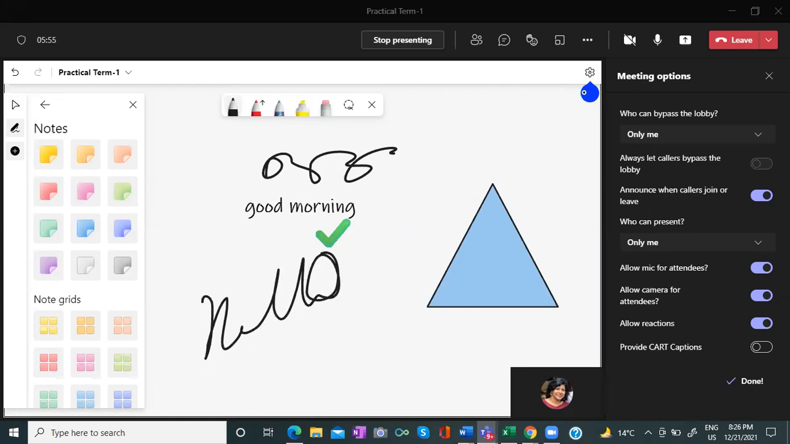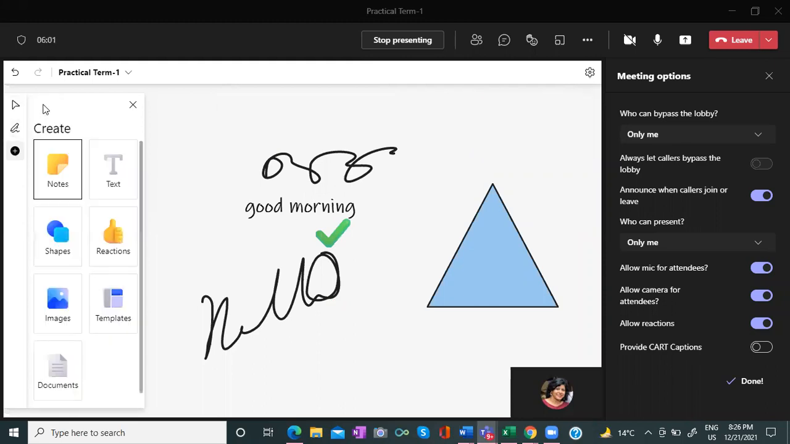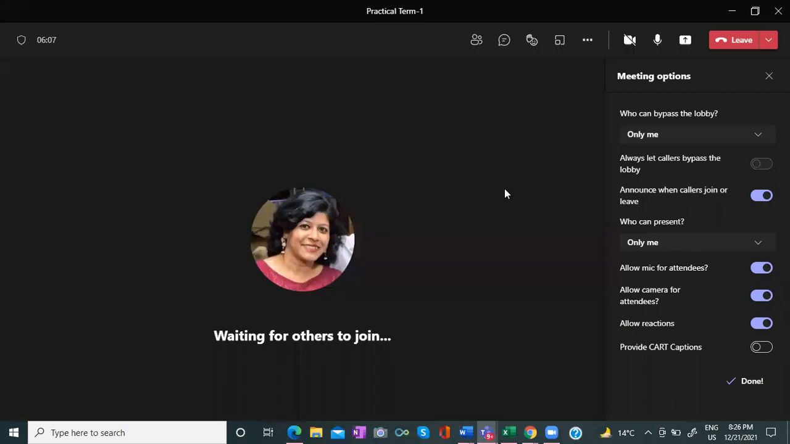So it's very simple to use. This is the whiteboard. Fine. So I can again stop presenting it. So whiteboard is useful for me to use as a blackboard, also as a collaboration board, right? Then